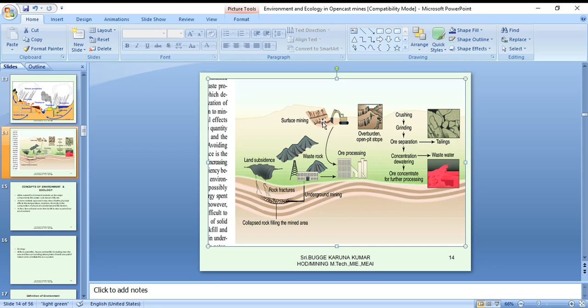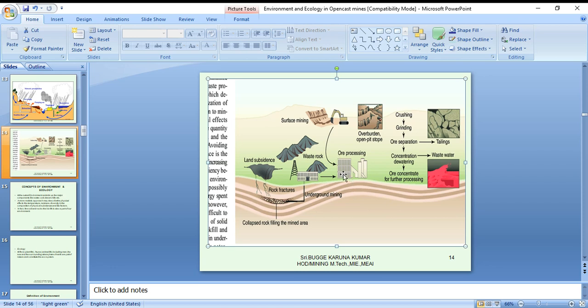Even nowadays, the coal cleaning process, the best clean coal technology, is the present scenario to meet the needs of those who are purchasing, our customers. People are also asking, our boilers are getting damaged due to poor coal. So we are washing it and giving it to the world. So that is also processing.